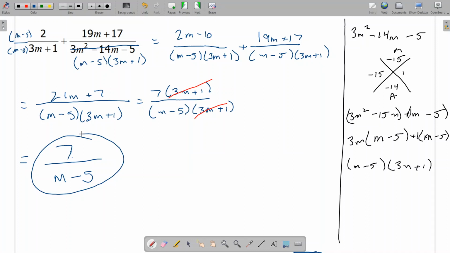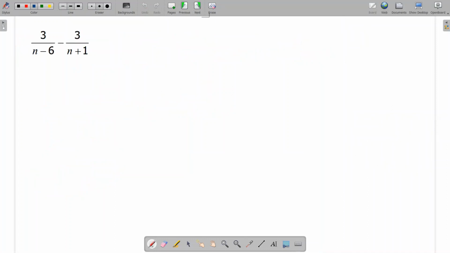Now, it is possible for these kinds of problems that there is nothing in common between the denominators. This would be a good example of that. On the left, we have n minus 6. On the right, we have n plus 1. Neither one of these is similar. Yes, they both have n's, but they don't have a common factor. So that just means that they need to be multiplied by each other. The left side needs to be multiplied by n plus 1. And that right side needs to be multiplied